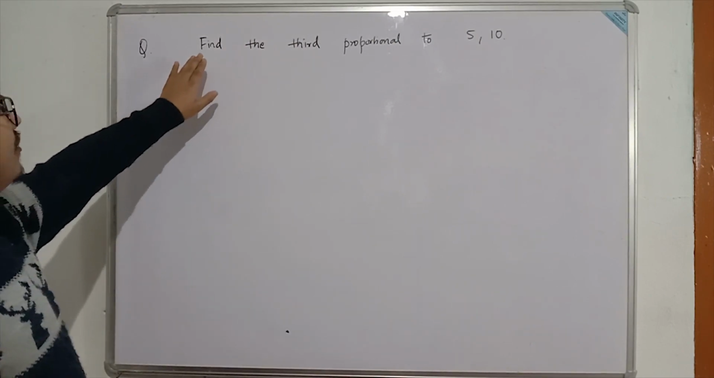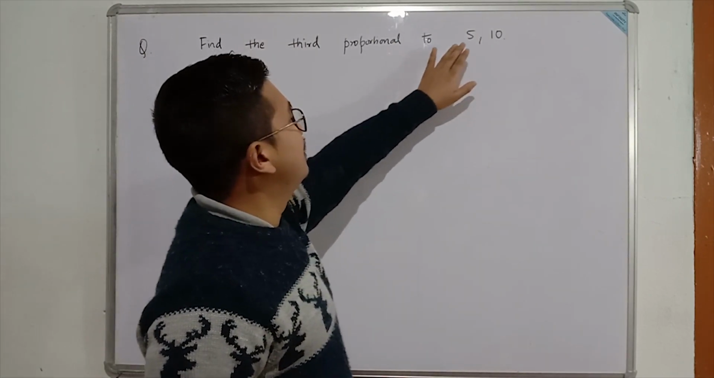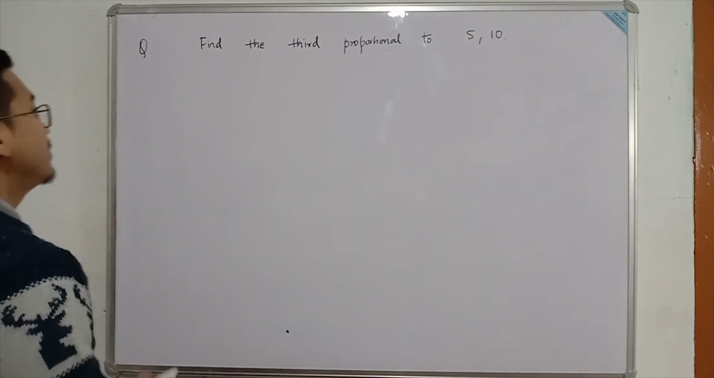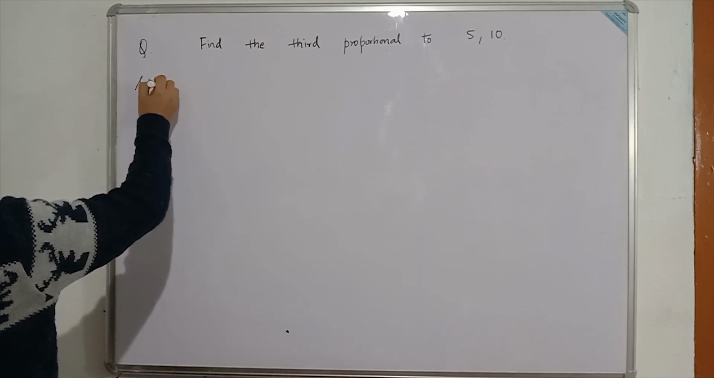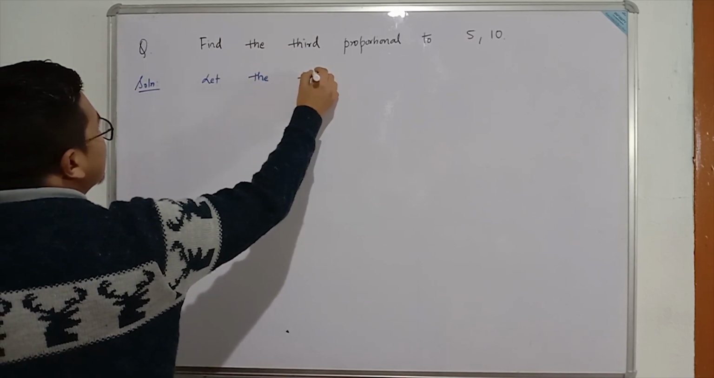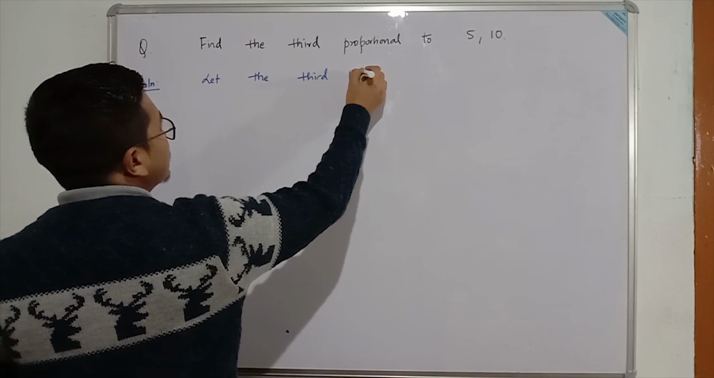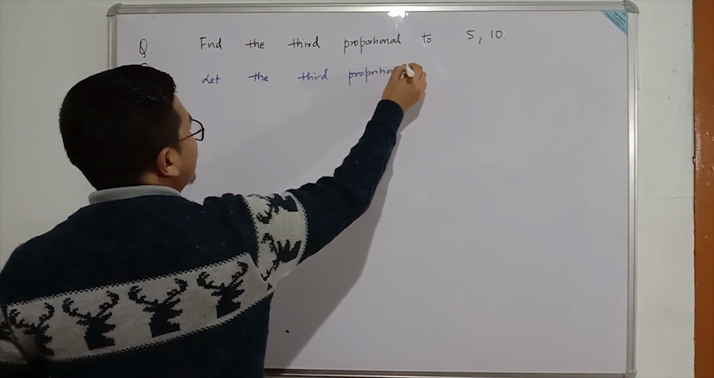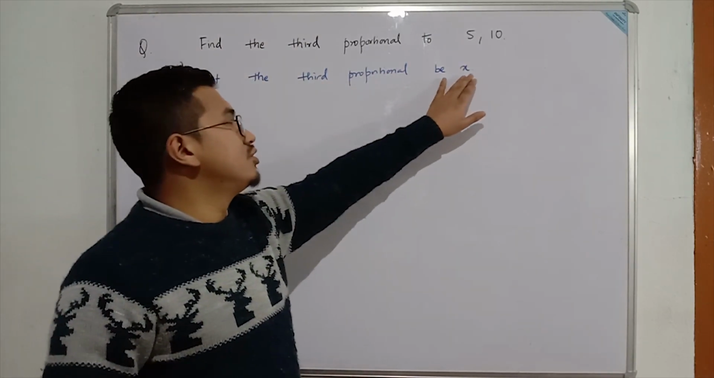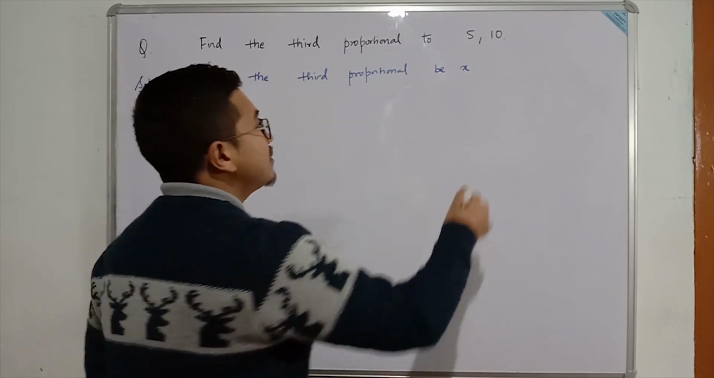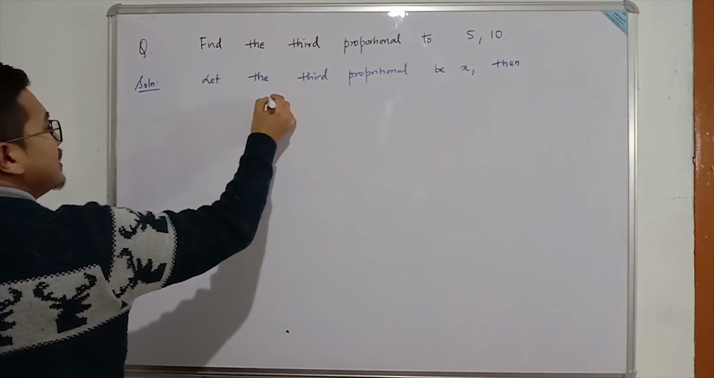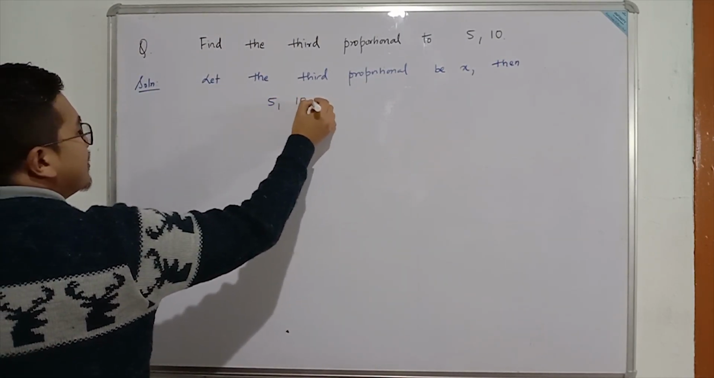The next question says, find the third proportional to 5 and 10. So we need to find the third proportional. Here also we'll start by writing the solution. Let the third proportional be x. We are assuming it to be x. Then if x is the third proportional, that means 5, 10, x